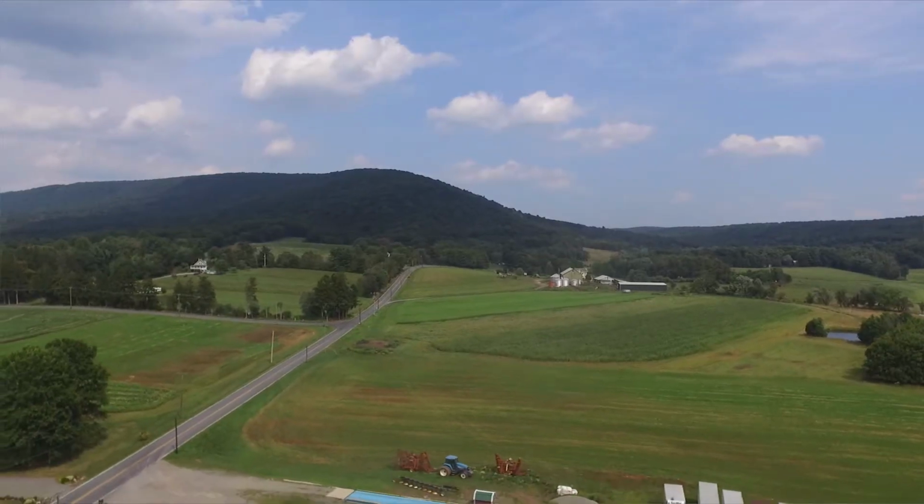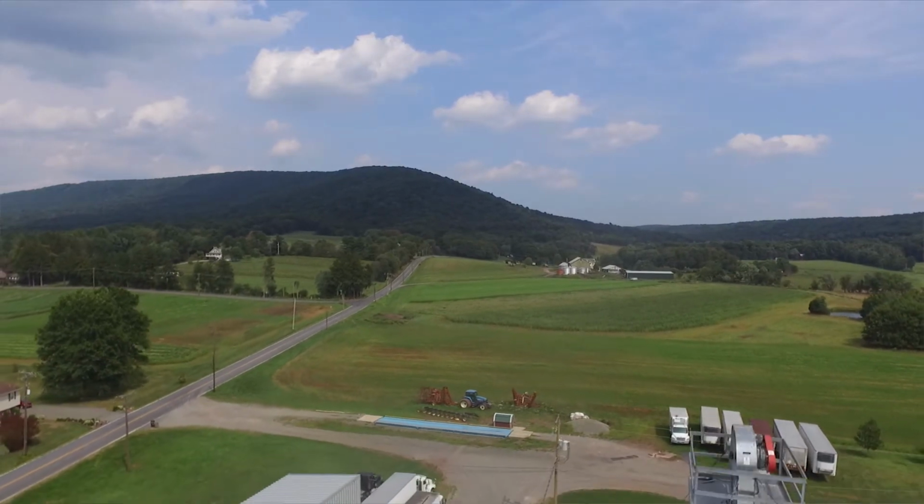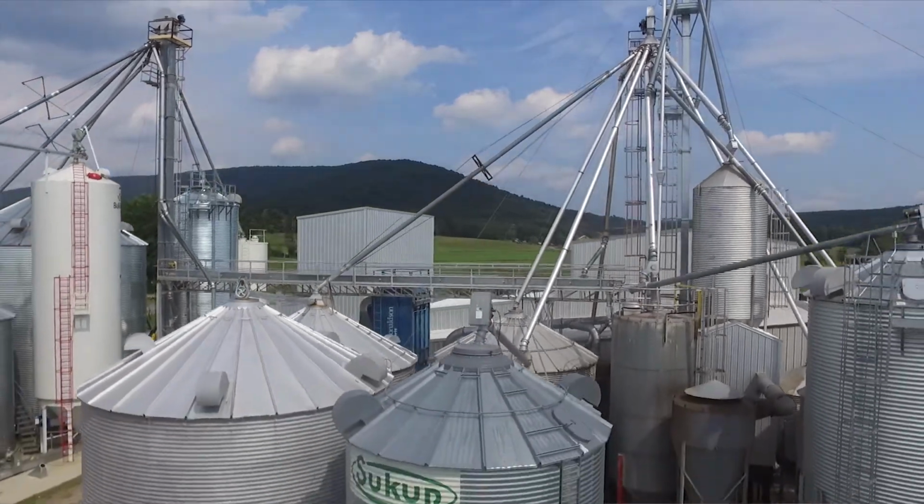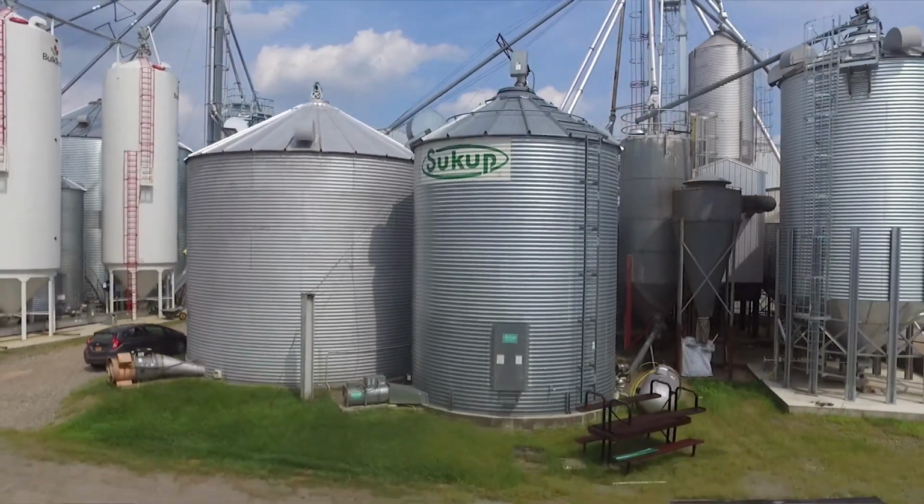We're now at Small Valley Milling near Halifax, Pennsylvania, so we're a little bit north of Harrisburg, out in rural Dauphin County. And sitting next to me at an appropriate social distance is Joel Steigman, who's one of the owners and operators of Small Valley Milling, along with his wife Elaine and his son Eric. And they're very, very busy, but they've given us a little bit of time today to help you see what